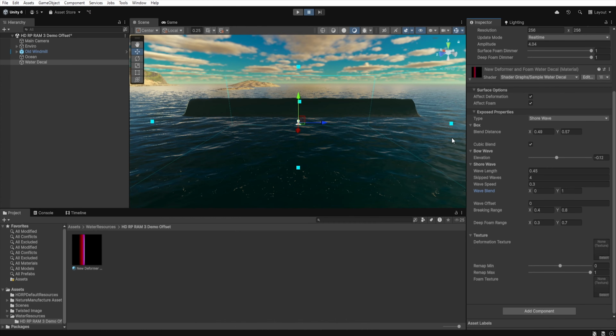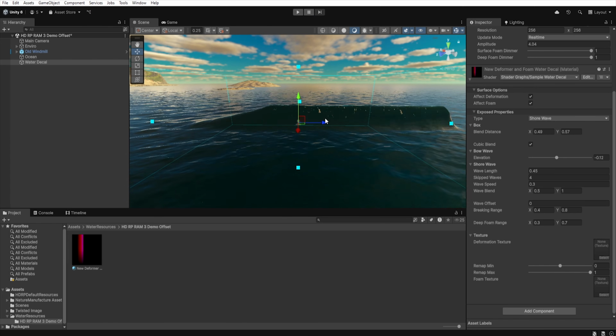Using wave blend, we can specify the range in which the crest of our wave reaches its maximum. Simply put, here we define how much the sides of the wave should be flattened from the left and right before reaching their maximum. If we imagine that the entire length of our decal is 100%, then setting x to 0.5 means that the left slope of the wave front will reach its maximum height in